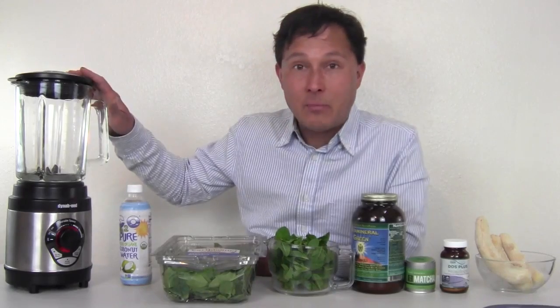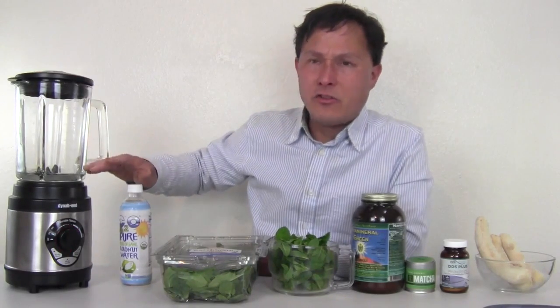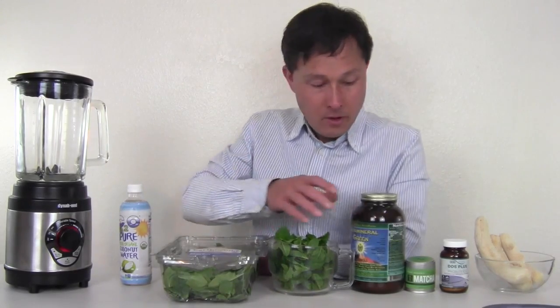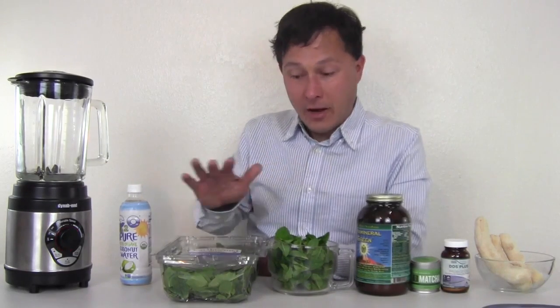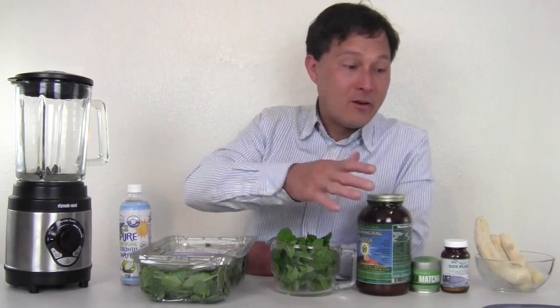And if you're not going to get a Dynablend, be sure to get one of the vacuum blenders coming out, or minimally try to seal up your blender carafe tight, and also try to make sure that the whole carafe is filled so that there's very little air space in there. This is another trick if you're going to be storing your juices: I recommend filling up a jar to the brim so it's almost overflowing, so you have no extra headspace of air sitting in there to do the oxidative damage to your foods. I go out of my way to get the highest quality organic produce and grow my own produce, so I really want to get the highest quality nutrients into me. And now with the Dynablend Clean blender plus the new,